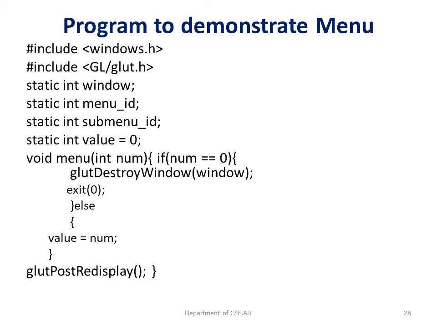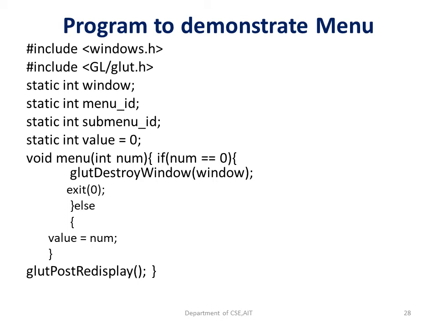So initially I have one function here. This function is void menu. This void menu has a testing condition. What does that mean? If the number that is being given over here is equal to 0, that means I am not interested in creating any menu, or else I should go for creating a menu by using the number num. That will be taken as a value.